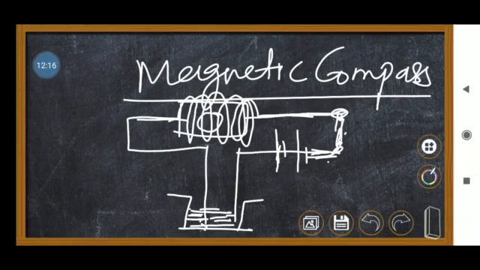When we connect the battery and the switch is on, the current will flow from the battery, and here the magnetic needle will oscillate. The magnetic compass oscillates whenever current is present, even a small current. Because of the presence of current, some oscillation will occur on the magnetic compass. When you switch off, it will show the north-south direction, but when you switch on, it will move away from the north-south direction. There will be some deflection.